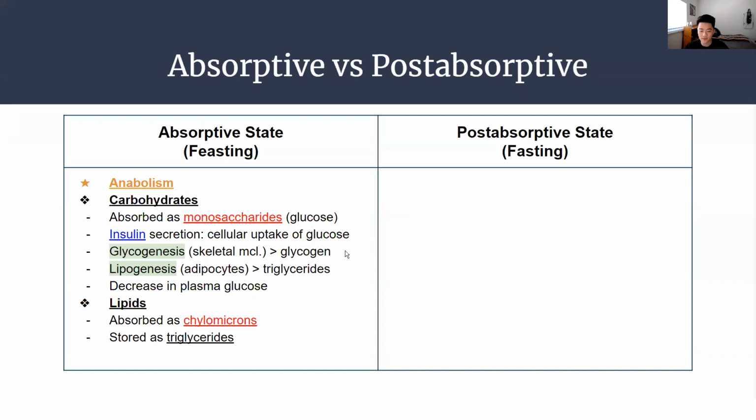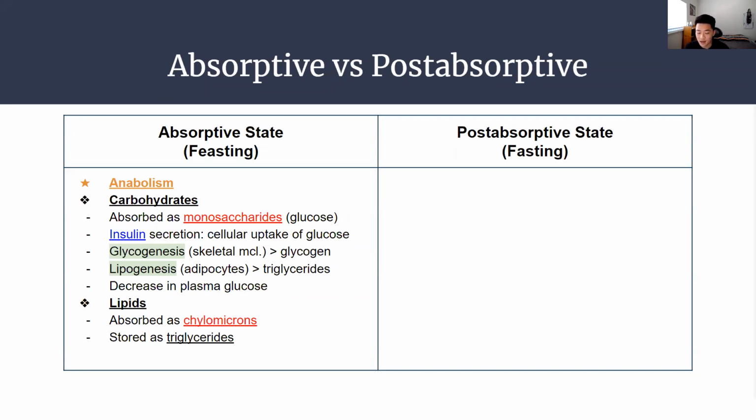Now, obviously, when glucose enters our cells, when it is stored, that means there's going to be a decrease in plasma glucose, right? Because when we eat carbohydrates, glucose concentration is increased. Now, insulin is secreted when there's an increase in glucose concentration. So when cells use glucose or when they synthesize new energy reserves out of glucose, then there's a decrease in plasma glucose, okay? Now, when we eat lipids, like fats and vitamins, they're absorbed into our bloodstream